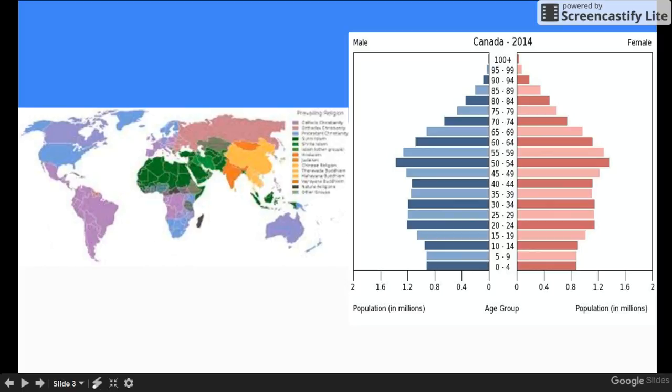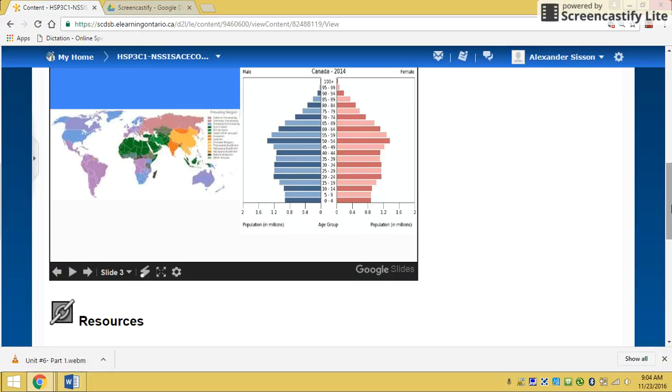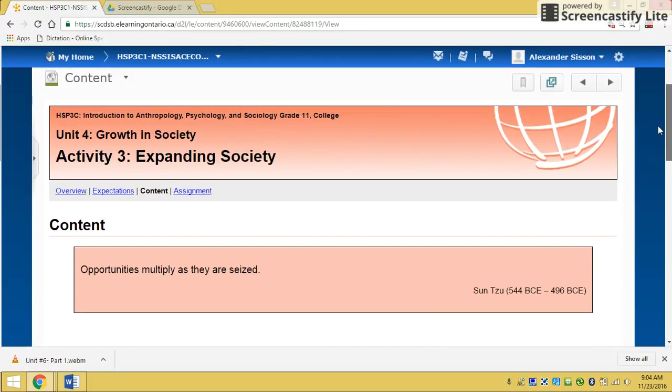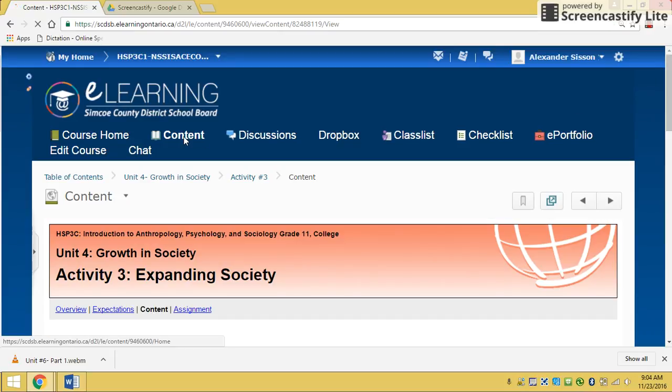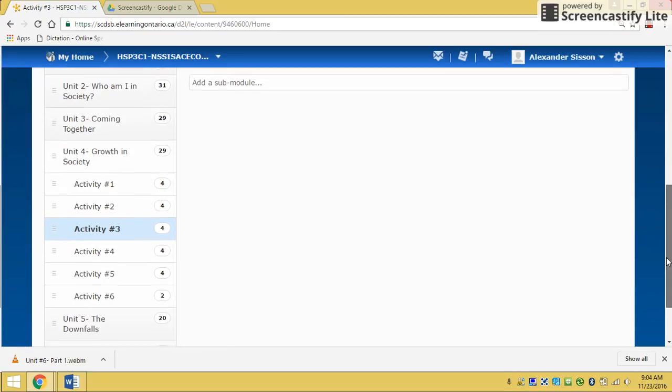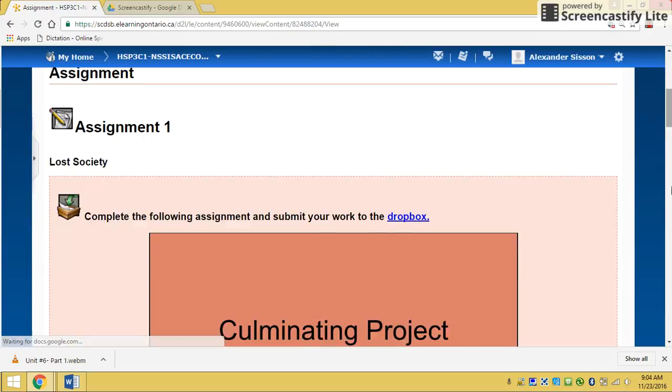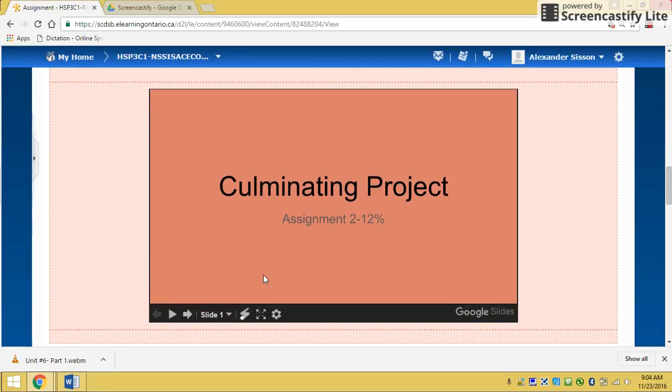Your society could have 75% old people, or you could be a very young society. Maybe that's the cause of its demise, is that the young government and the young politics didn't have enough experience or wisdom to continue. So again, that's on Unit 4, Activity 3. So if we go back to the culminating activity assignment, part 2,